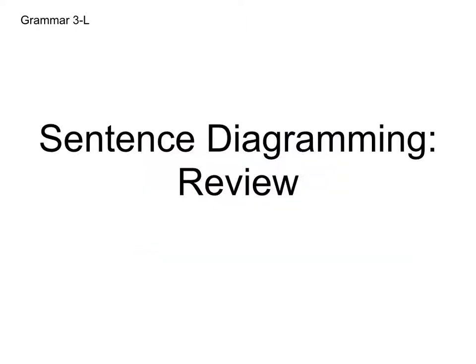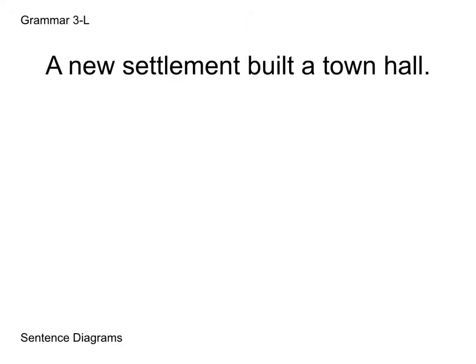All right, and lastly, we'll go over some sentence diagramming. Similar to 3K and 3L, we're just going to review the diagramming. So I'm just going to give you a random sentence to hopefully remind you of anything you might have forgotten over the past few booklets. So here we have a sentence that is: a new settlement built a town hall. We are going to